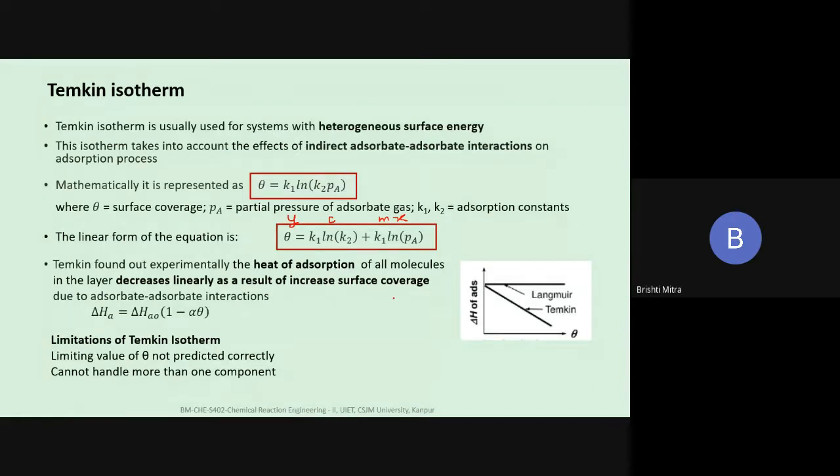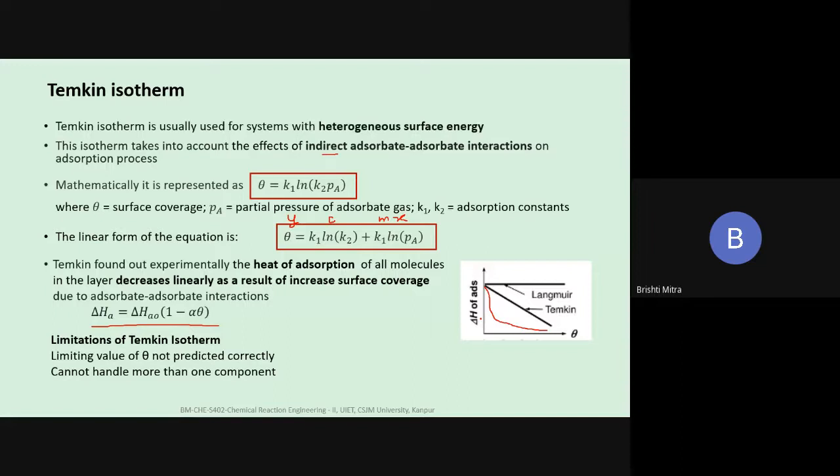And this is due to the adsorbent interactions, the second part that I had said out here. So delta HA is delta HA0 into 1 minus alpha into theta. Alpha is a constant. So this is how it decreases. If I plot delta HA versus theta, I will get a plot like this. This is my Temkin. I've always drawn the Langmuir along with it just to show you that Langmuir is straight, but the other two drop. The Freundlich will look like this. There is a drop here and here both, but the nature of the drop is different.